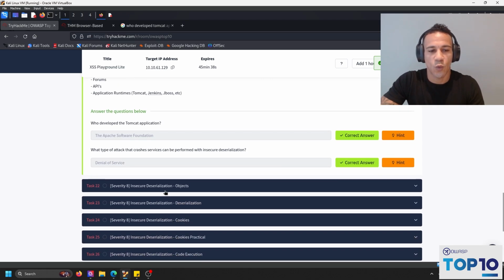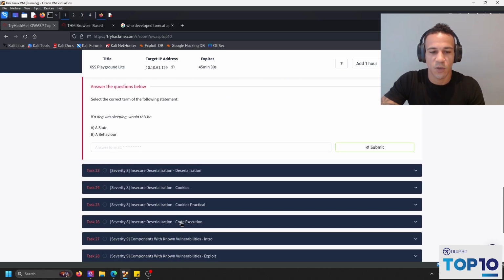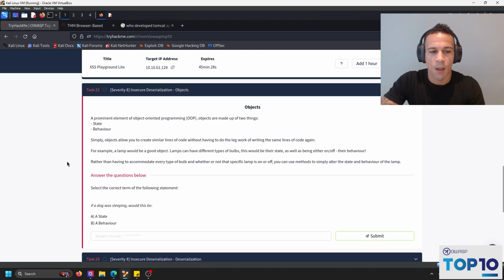Moving on to task 22, insecure deserialization of objects. Looks like there's going to be quite a few here. Prominent element of object-oriented programming. Objects are made up of two things, states and behaviors. Simply, objects allow you to create similar lines of code without having to do the legwork of writing the same code lines again. For example, a lamp would be a good